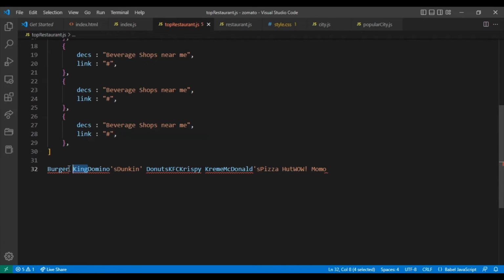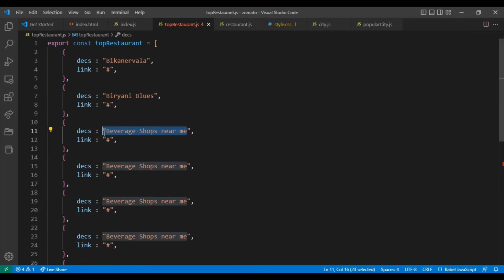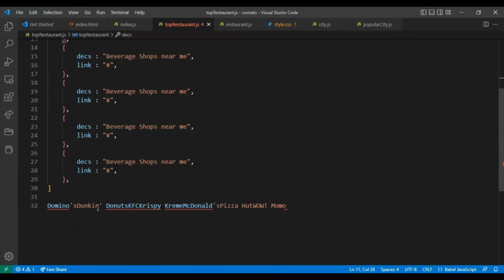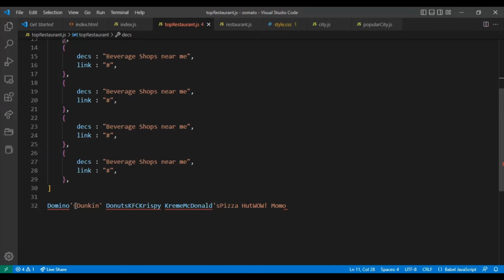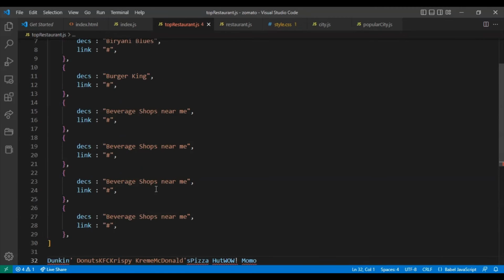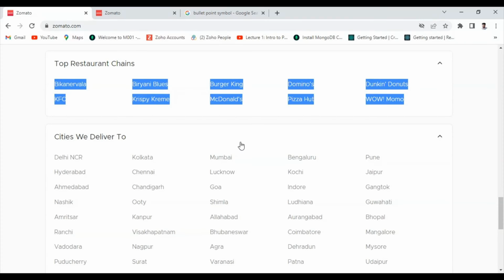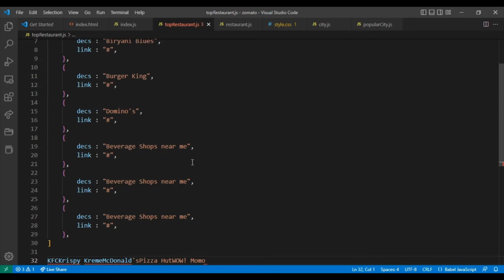Burger King, just cut this one, and the third one is Burger King. And Domino's, let me copy the Domino's. Here, give the Domino's. Now the third one is Dunkin'. Copy this, paste here,